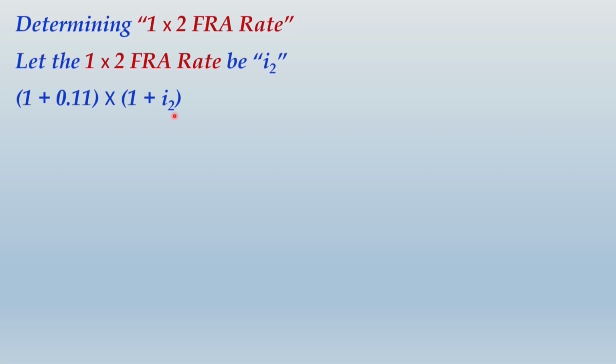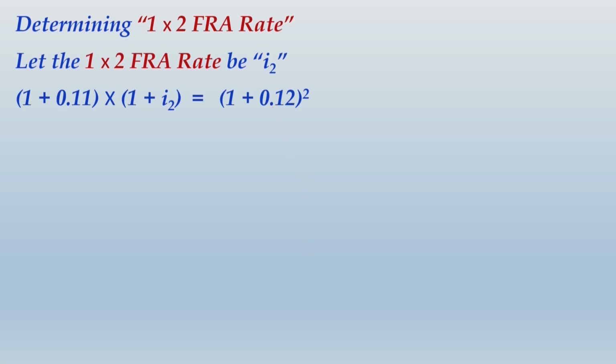So whatever money you have invested will have a future value of 1 plus 0.11. That is 1.11 becomes the future value factor for the first year, and the second year factor will be 1 plus I2. This will be matching with the compounded yield that you earn for a 2-year remaining maturity bond, which is offering you 12%. So you could see I have written (1 plus 0.12) raised to 2. Now when you solve this equation, you would eventually get the value of I2. That I2 value will be the 1/2 FRA rate.